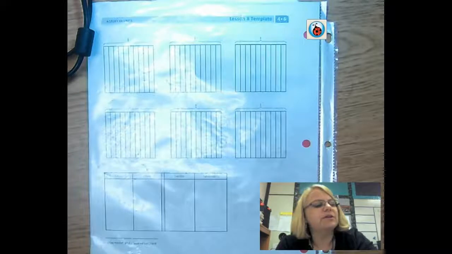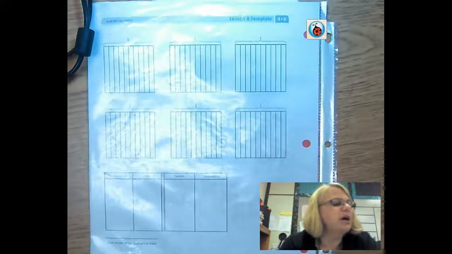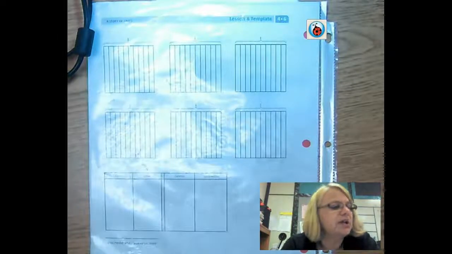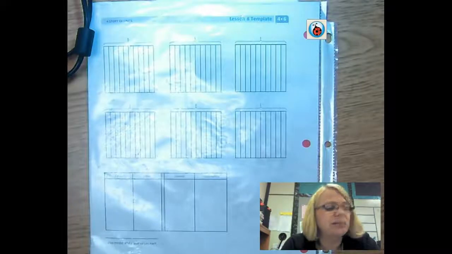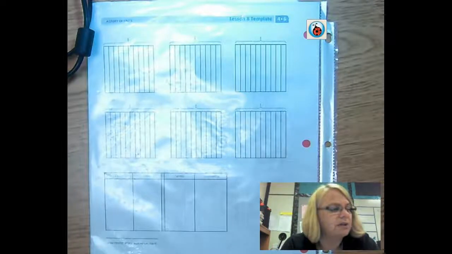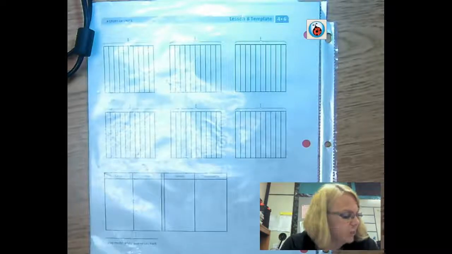Today our focus is that we're going to use understanding of fraction equivalence, so equivalent fractions, to investigate decimal numbers on the place value chart expressed in different units. What does all that mean? Well, we need to know what the place value characteristics are as different units. So, for example,